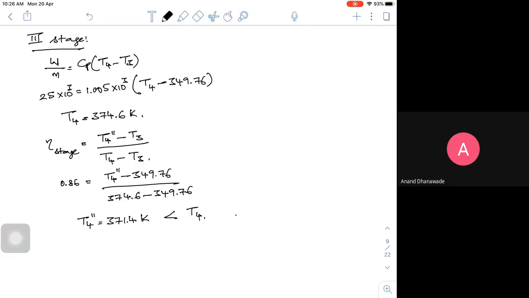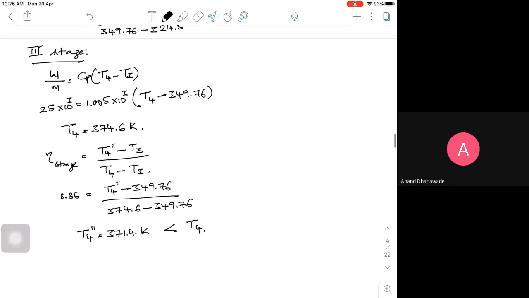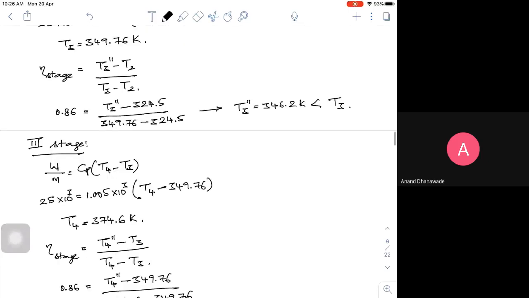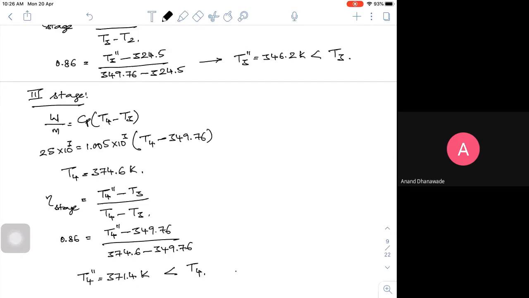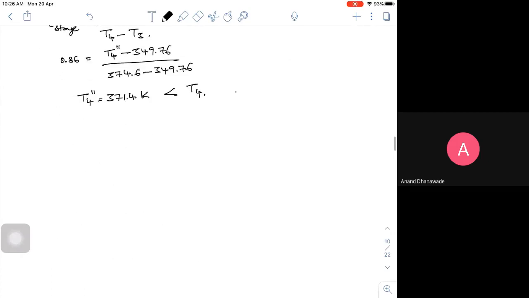Okay. This is what they've asked. See, first part they've asked you have to find the exit temperature. So T4 was supposed to be found. Now the next thing you're supposed to find is the pressure ratios and the compressor efficiency. Okay. Let's find the pressure ratio. So if you want to find the pressure ratio, let's find the corresponding pressures. So B, that is, we are supposed to find the pressure ratios.